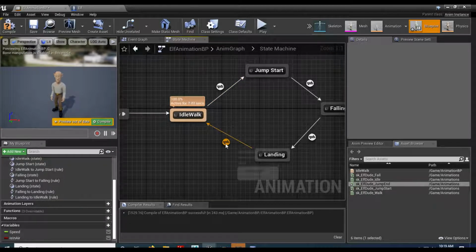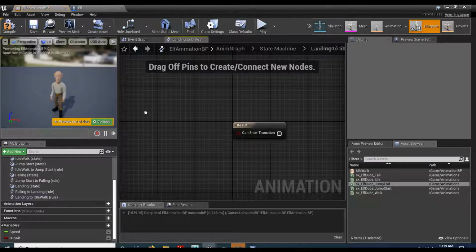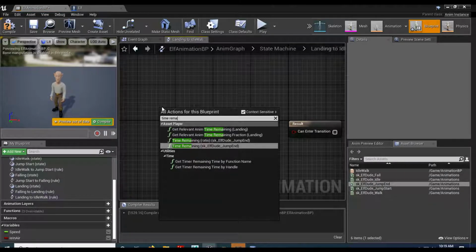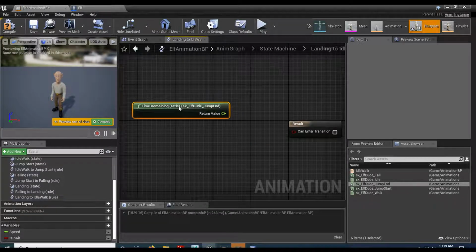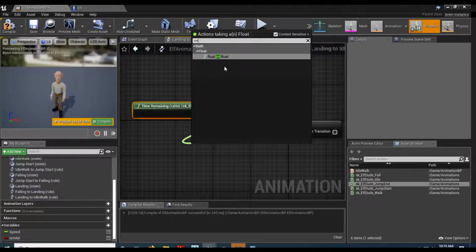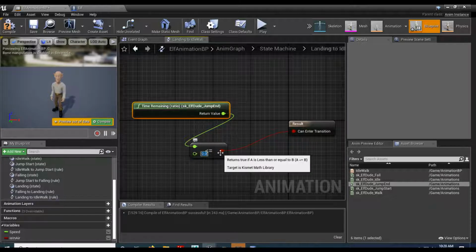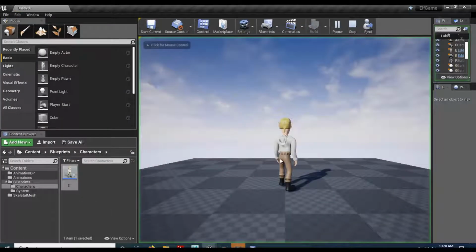And the rule for this is whenever the landing is done. So I'm going to open it up. Grab our time remaining ratio. So time remaining ratio for our jump end. Same deal. Less than equal to. Go ahead and plug that in. And then however much you want. You can have it at 0. You can do it at 0.1. Whatever gets you closer to the end of the frame. And then if I jump,